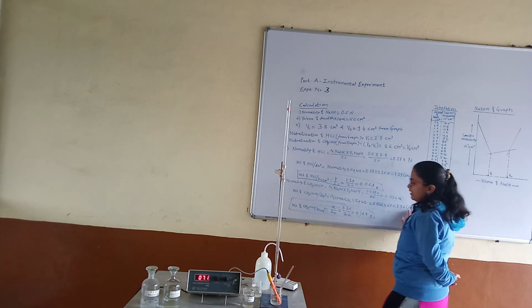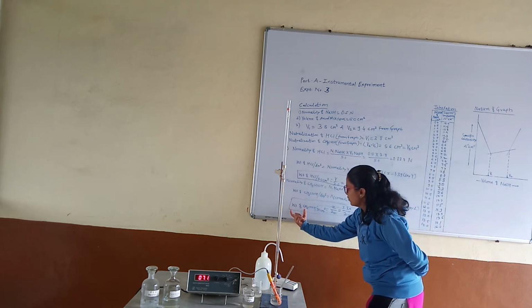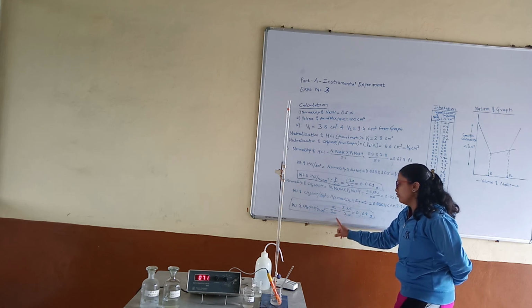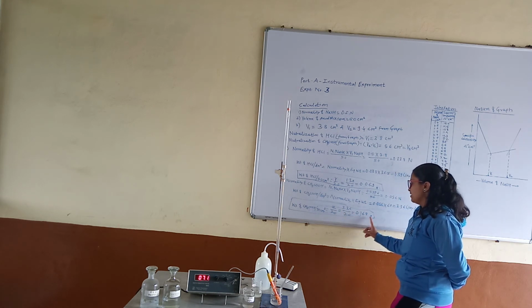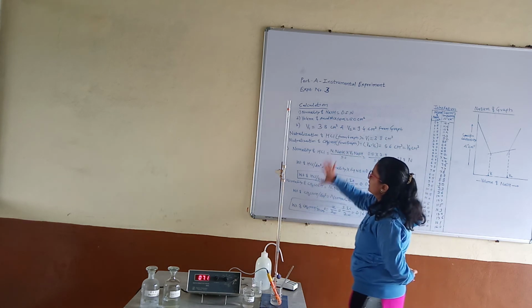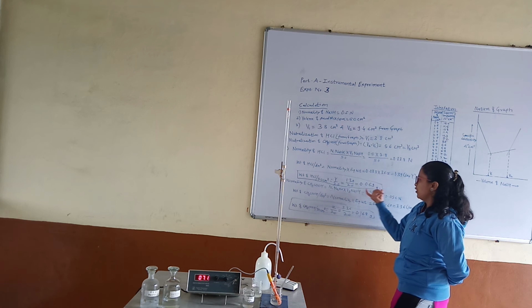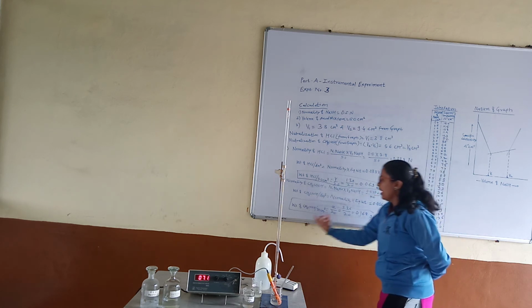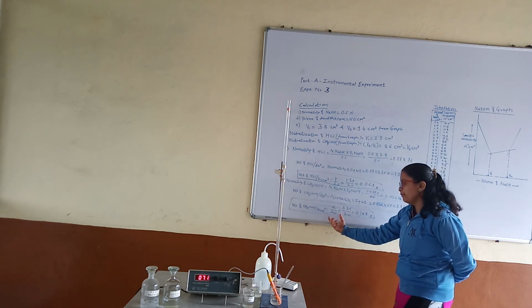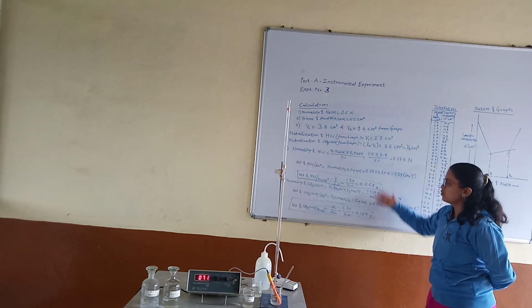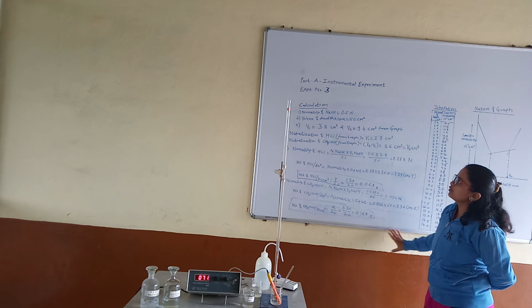This is Z. The last one is the weight of acetic acid per 50 cm3, that is Z by 20. Answer is 0.168 gram. So in this calculation, the important results are: weight of HCl per 50 cm3 is 0.069 gram, and weight of acetic acid per 50 cm3 is 0.168 gram. These are the answers of this calculation.